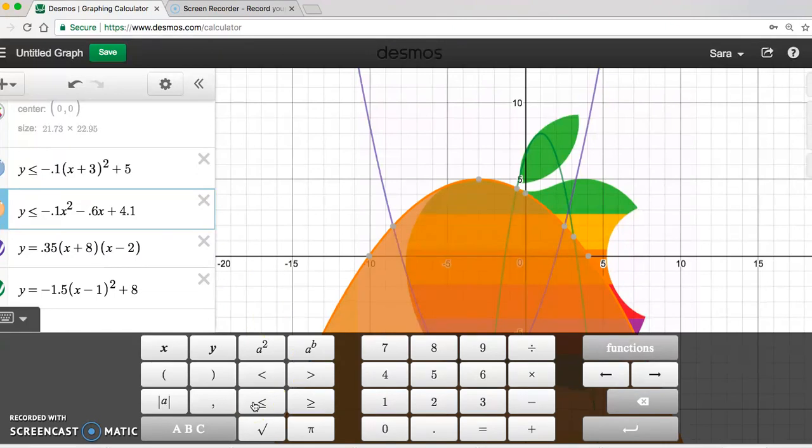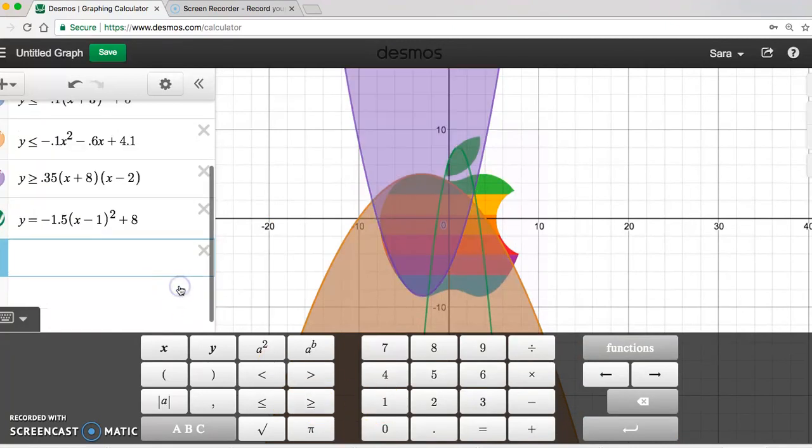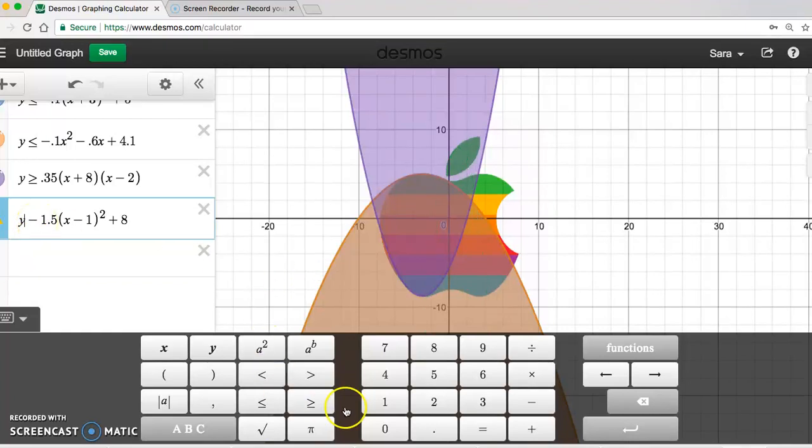And I'd want a nice solid line, so I'm going to include the equal to mark. The purple one now is the one that's opening up. So that's going to be my greater than or equal to. And then finally, my green one, that's opening downward. And so the colored area